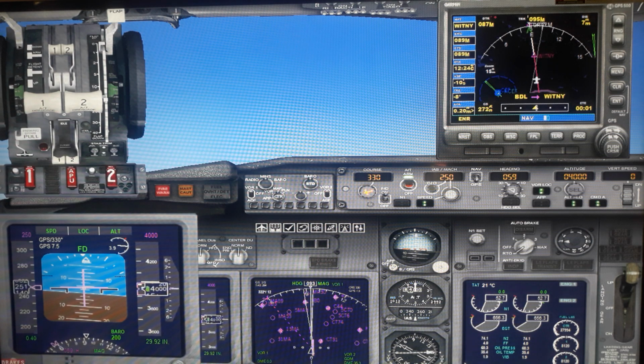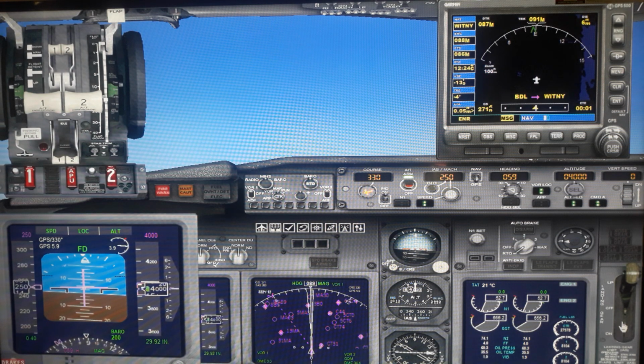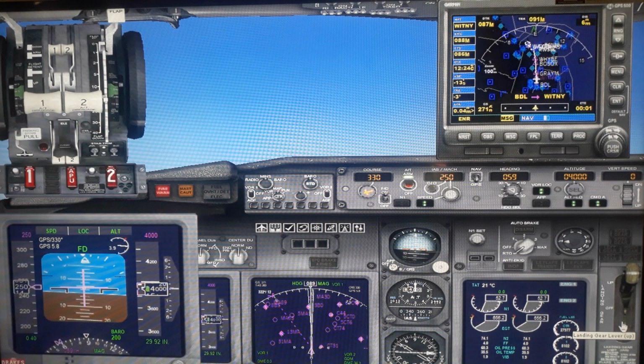Okay, now you can see the heading is turning. This is the heading again, this same heading. So it is approaching, it's already on that magenta path. You can see here. This is 5 nautical miles. So you can change the range. Now I will change the range for the entire route up to Boston. So you can see the 100 nautical miles. This range from here to here. Now these are the various waypoints which you have seen.